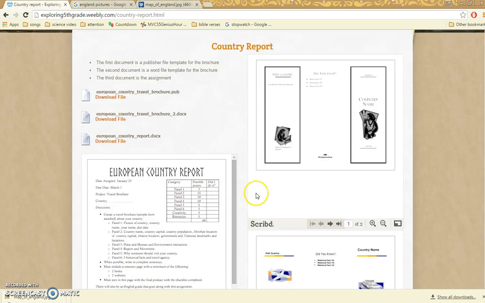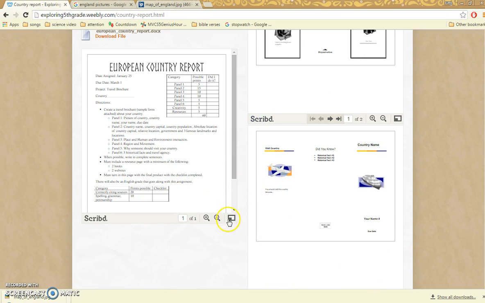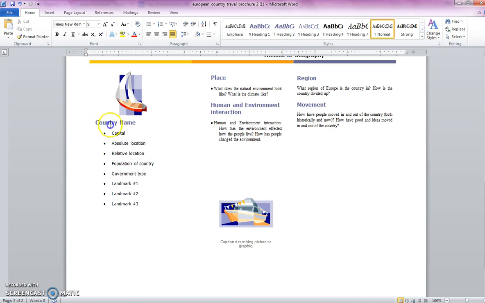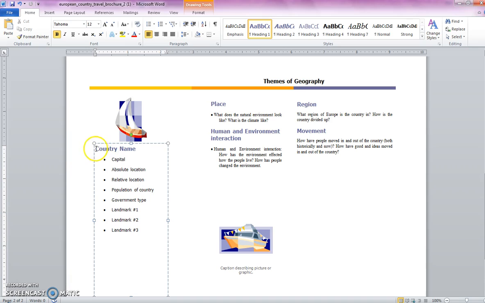I'm going to look, see what does, okay, so on panel 2, I need country name, capital, population, absolute location, country capital, and then all these different things. So I'm going to go over here, go to panel 2, and I'll click right here where it says country name. I'm going to change that to England. I'm going to start just filling in all these different things in here. So I'm going to write